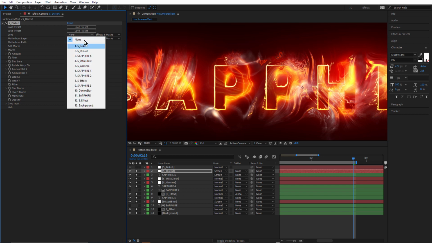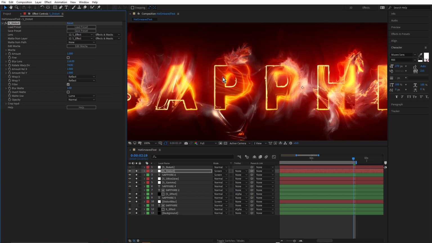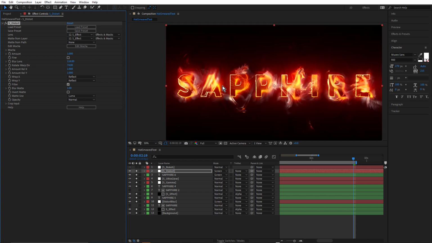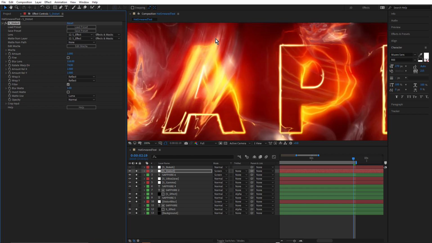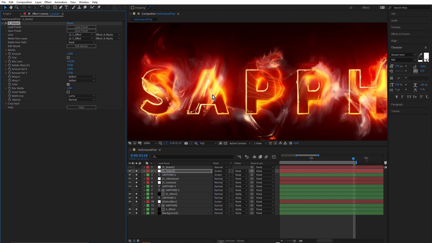But as I was experimenting, I chose both of them. And I found that using S-Effect for the lens just restricts that a little bit and just makes it not so full on. It's really lovely there, how that's smearing down there. And one thing to notice, because I'm using the S-Effect layer with effects applied, we have to be sure to choose effects and masks. Otherwise, S-Distort won't recognize the effects applied to the S-Effect layer.